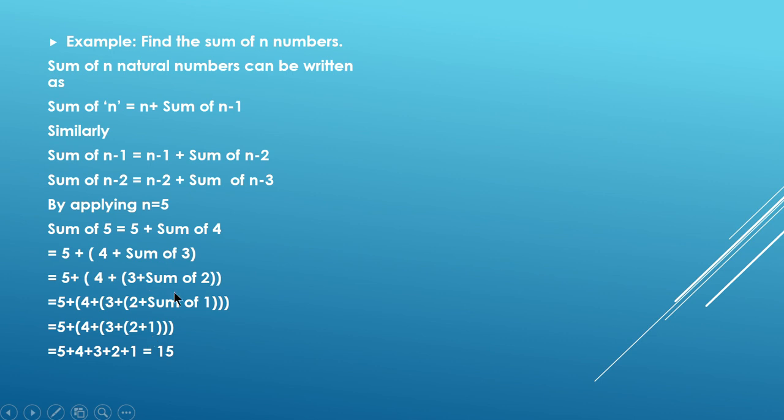When I have to stop repeating, when the value becomes 1, you have to stop calling the function. So this is what recursive procedure is: calling the same thing again and again. Now I am going to write a Python program using a recursive function method. When you write a recursive function, there must be two cases. One is the base case, where you specify where to stop, and the other is the recursive case.